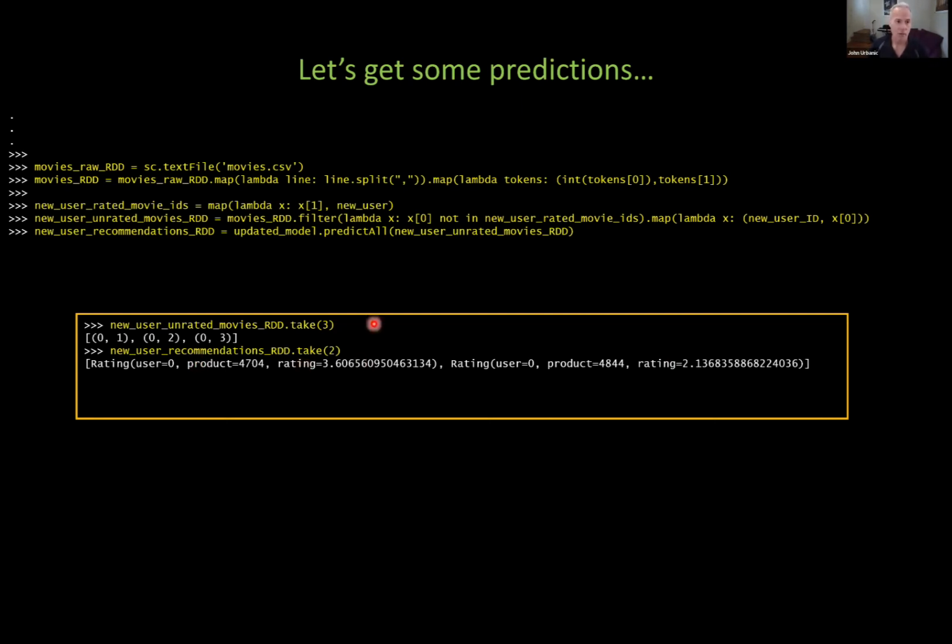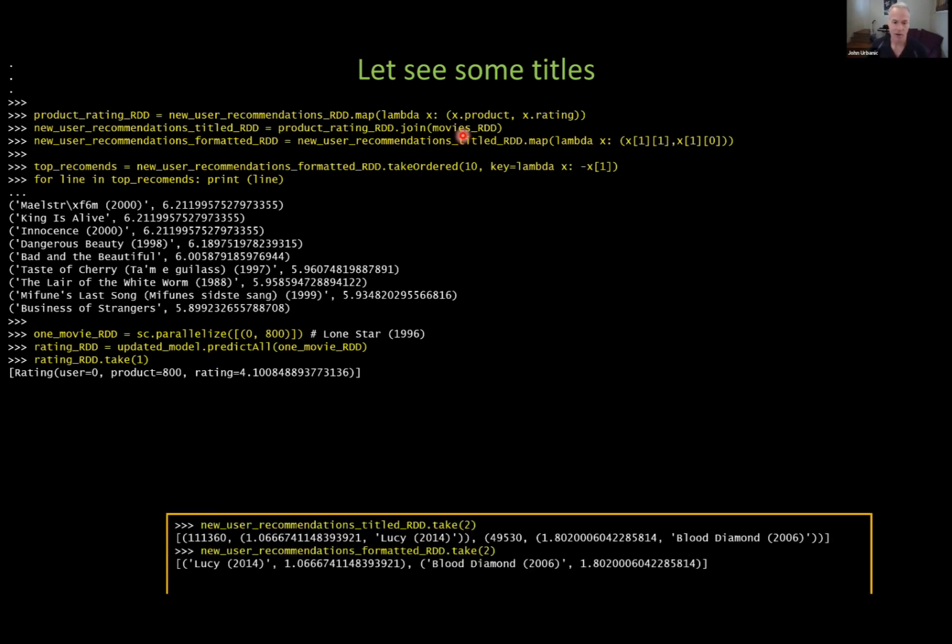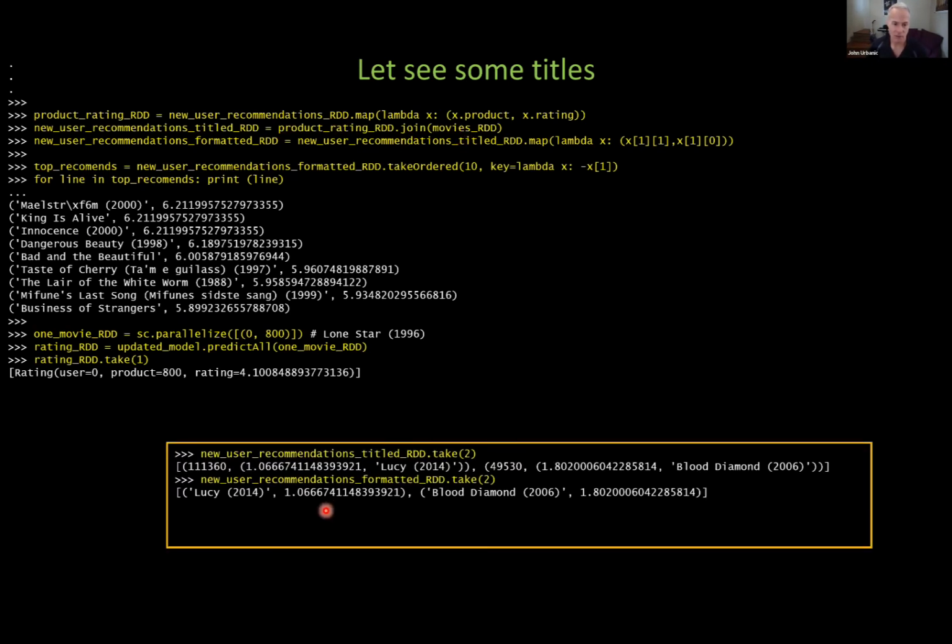And now we want to see some titles and maybe make them, like I said, a little bit nicer output here. So all we're doing here is joining up the ratings with the movies RDD. I'll highlight some of the operations below so you can see what's going on. We're taking all the movies and their ratings and their text string, and we'd like to reformat this a little bit nicer, and so all we care about is the movie name and its rating, right?